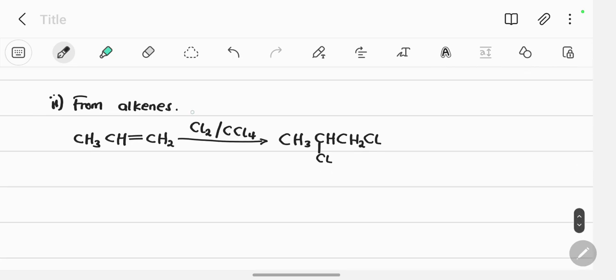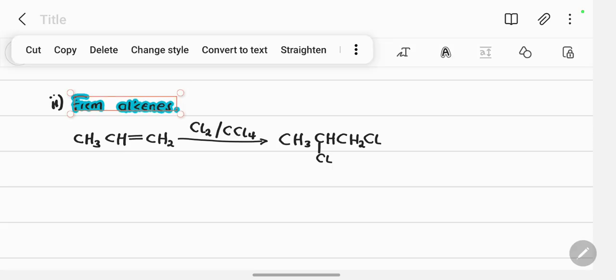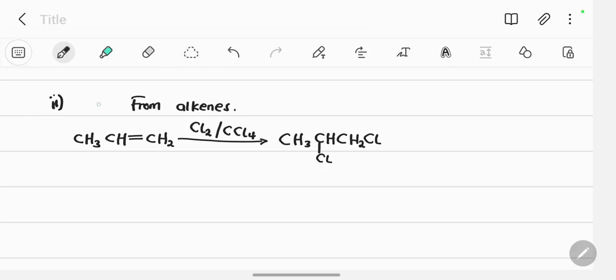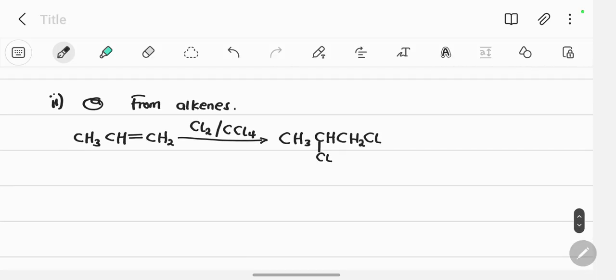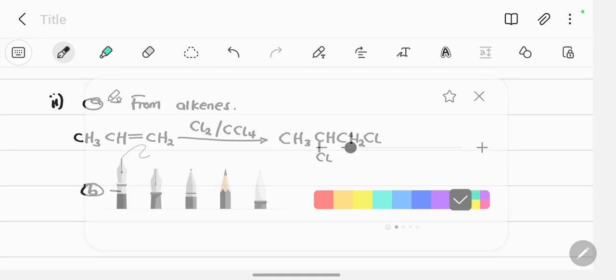So I'll call this one A, falling under alkene reactions. Then part B of the same reactions is going to be